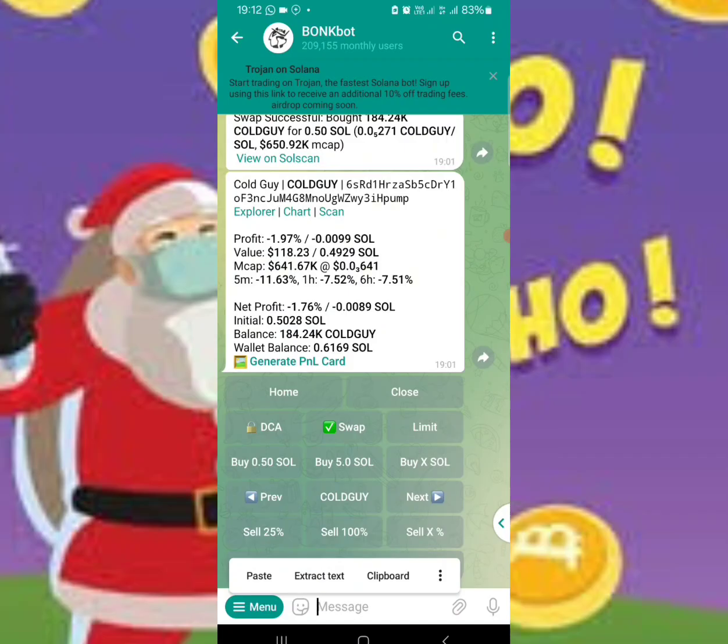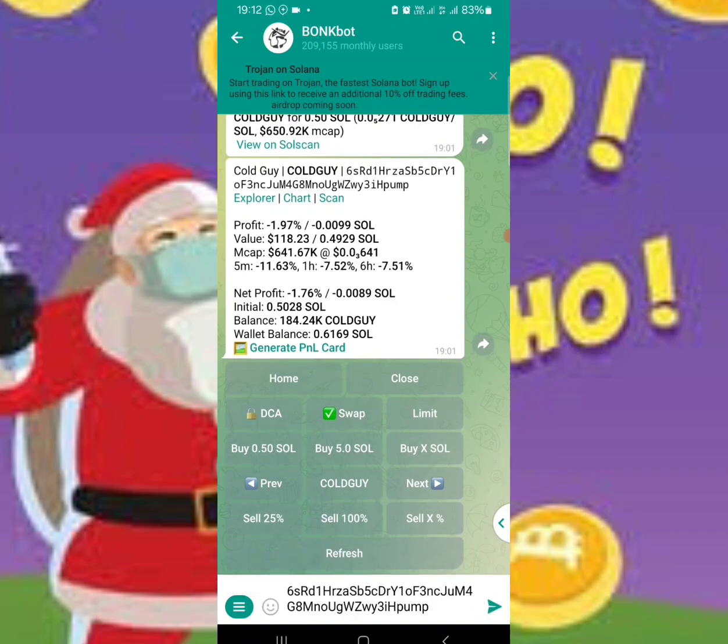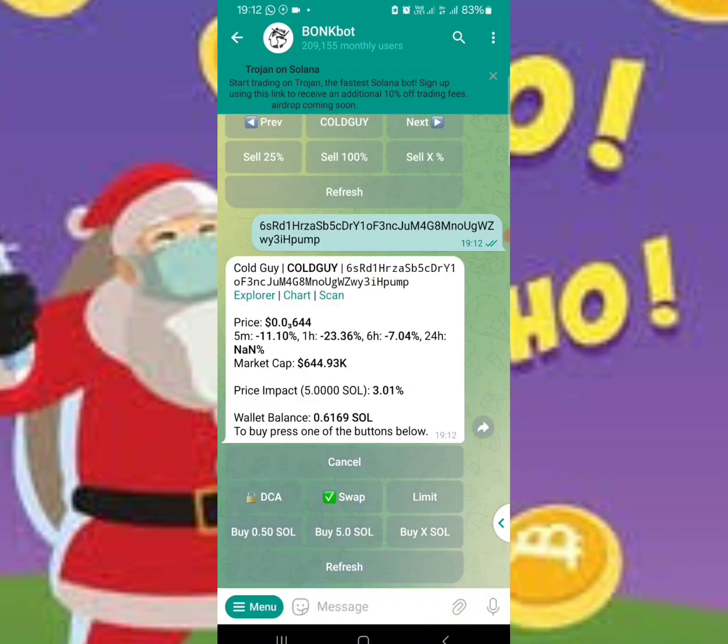Okay, now I want to teach you how to use the limit order. Let's assume you want to buy this token. Let me paste the contract address. This is Cold Guy. This is a meme coin on the Solana ecosystem. So let's assume I want to buy this